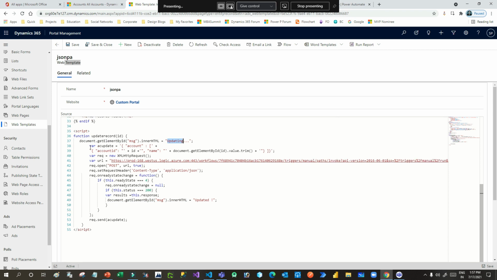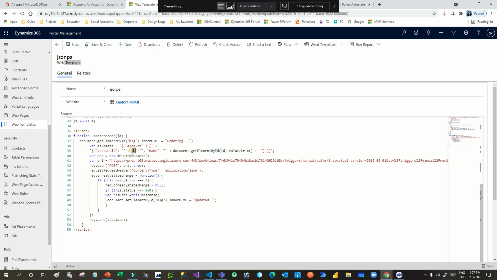Then I have created a JSON object. Can you see that? Variable accountUpdate equals curly braces, account, then colon, square bracket, then I am passing the property value, and name property, then value, right? Now the point here is, if you want to, you can also use this.